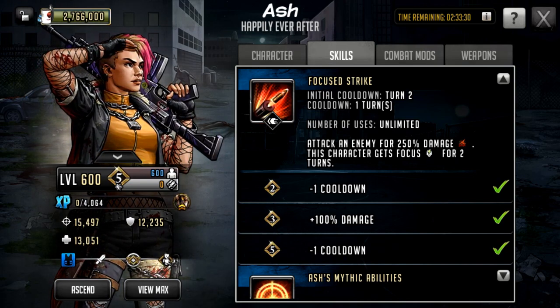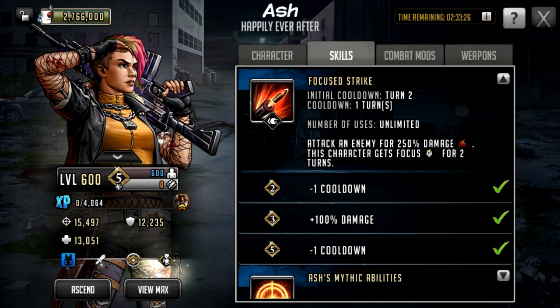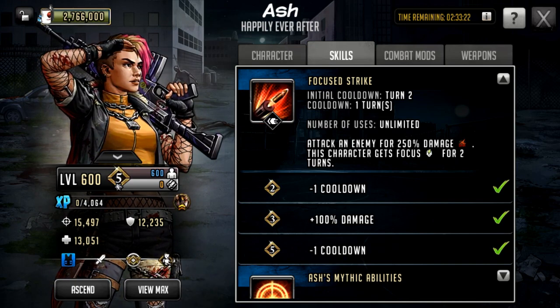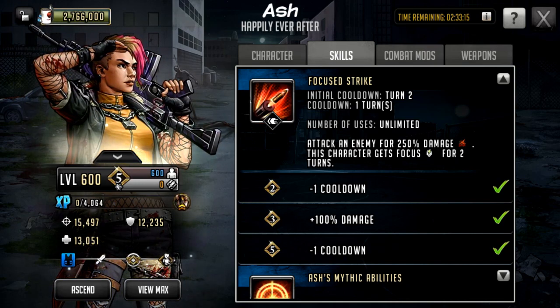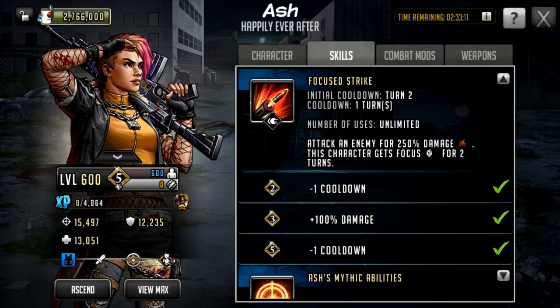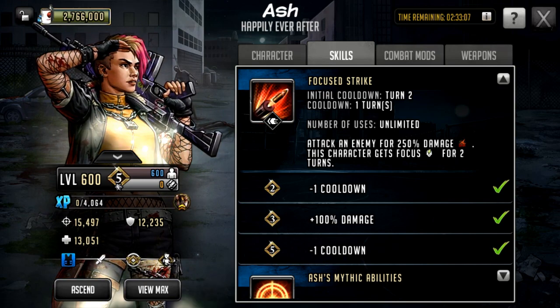If we look at the skill upgrades, at grade 2 she gets the -1 cooldown, which is nice. At grade 3 she gets the 100% damage boost, so it goes from 150% damage to 250%. And then at grade 5, that is obviously the one where you require 2 gold mythics, she'll get 1 more -1 cooldown, which I don't think is actually that important,